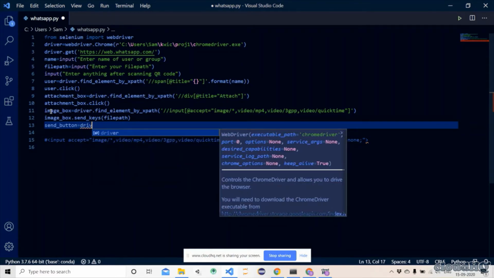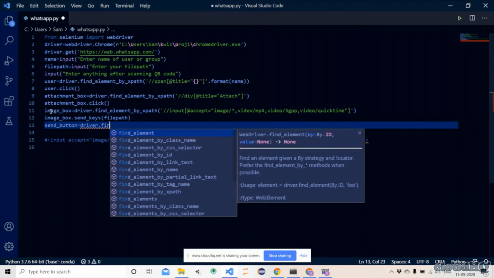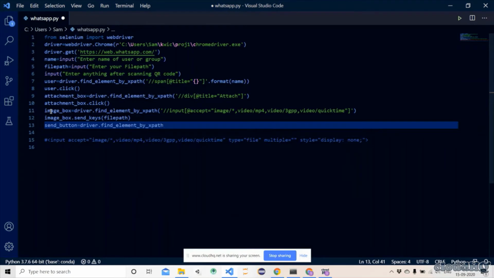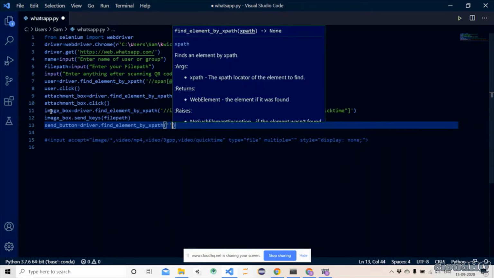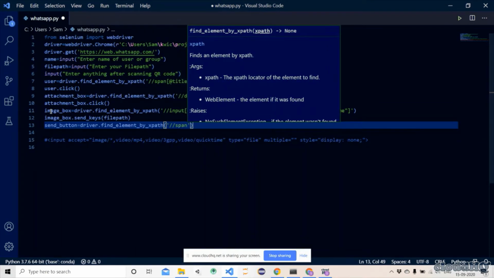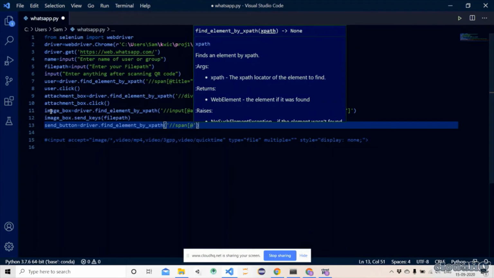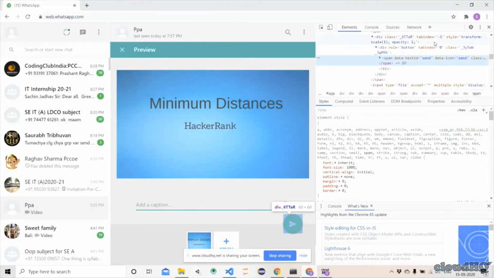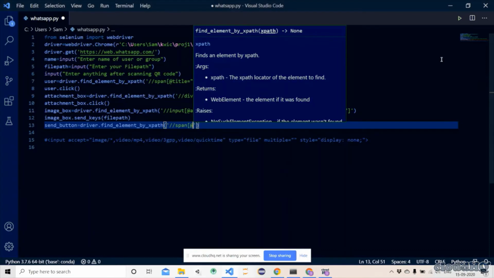Again I would get the element by XPath, and the path of the element, that is span, which was data icon, and send.